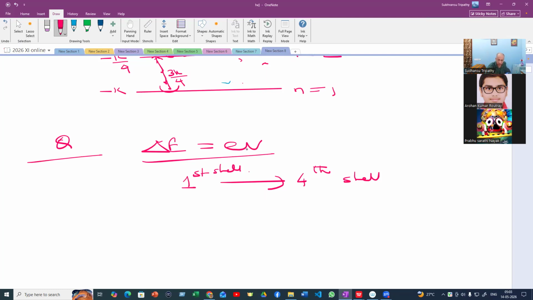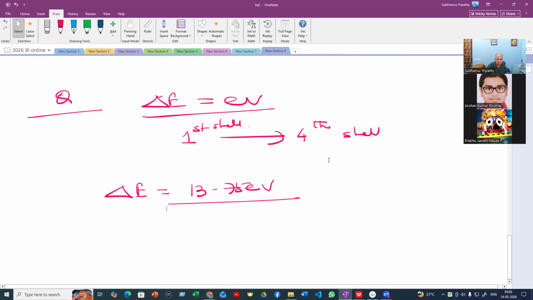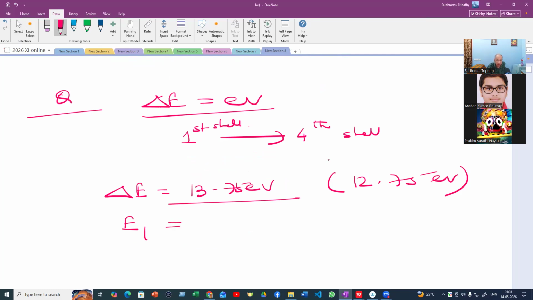So what is the value we got? The 13.75 electron volt. Say, Prabhu. Sir, 12.75 electron volt. 12.75? Yes, sir, 75. Okay, then we will find out by calculation. E1 is equal